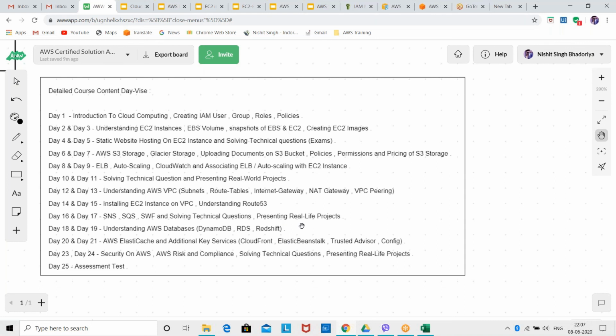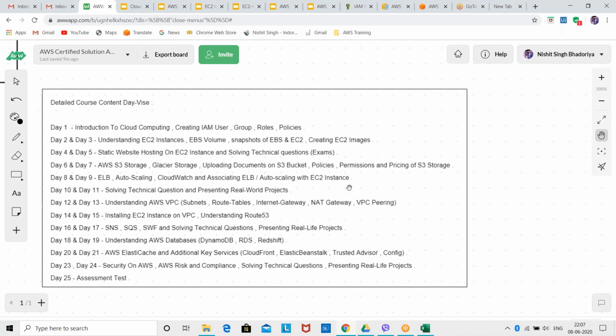You don't have to worry about anything. If there is any topic we have not mentioned here, just tell us and we'll mention that also, if it is important for the real world or the industry. There are many services, and we were not able to mention all of them here. That will be another slide, with another two to three services. No issue. On a demand basis, I can ask if it is required.